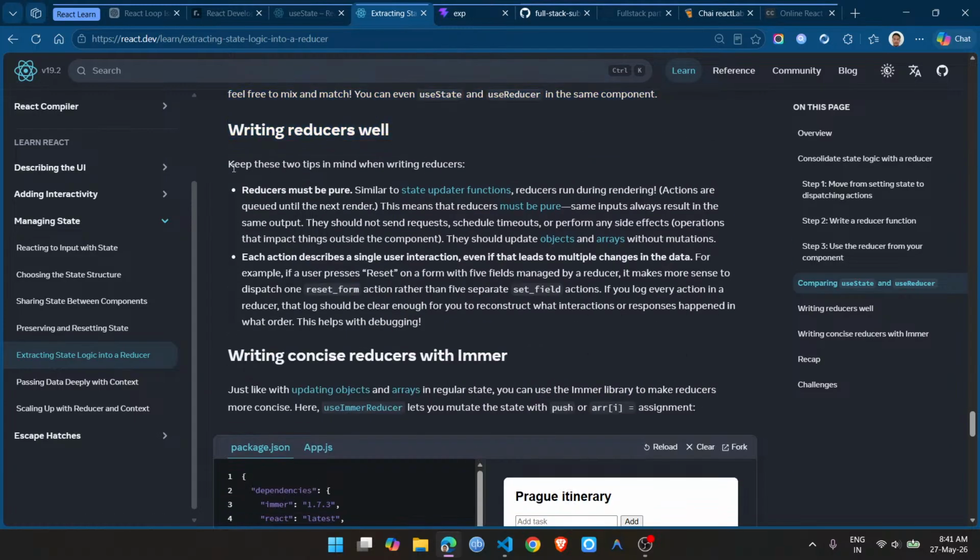Writing reducers well. Keep these two tips in mind when writing reducers. Reducers must be pure, similar to a state updater function. Reducers run during rendering. Actions are queued until the next render. This means that reducers must be pure. Same input always